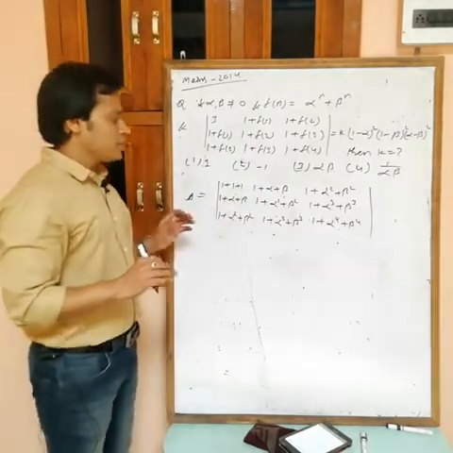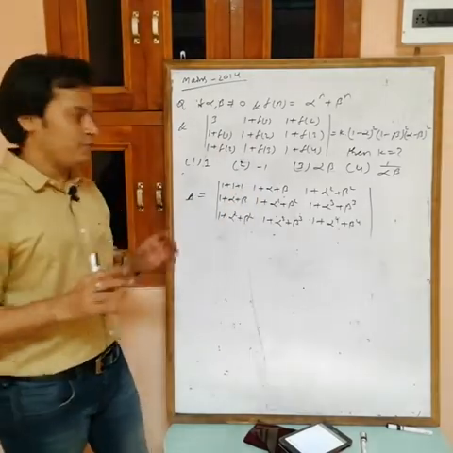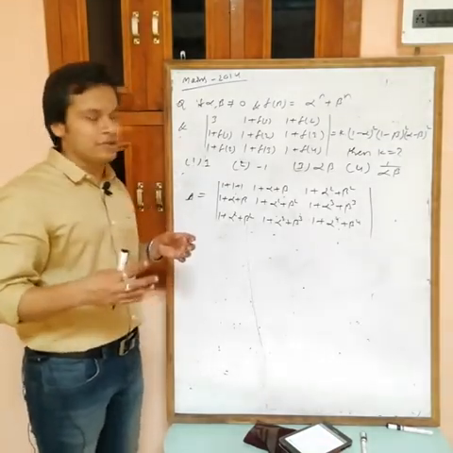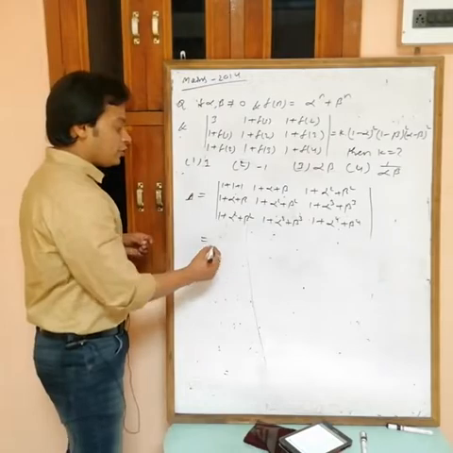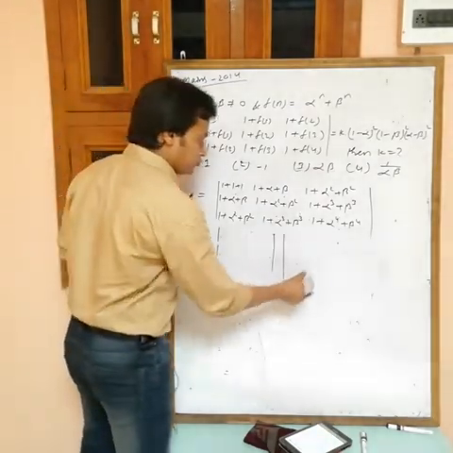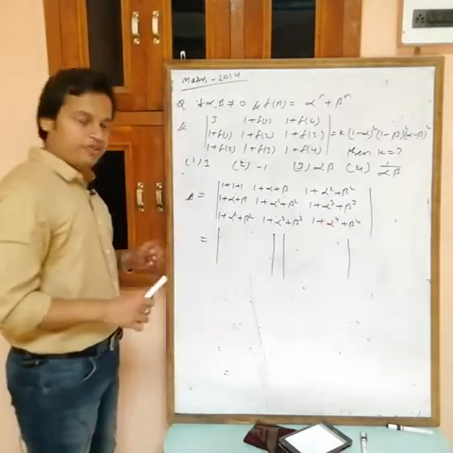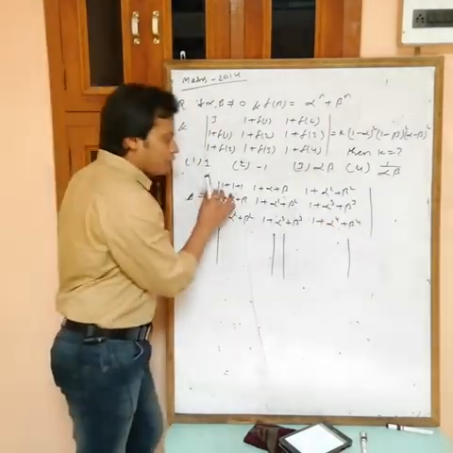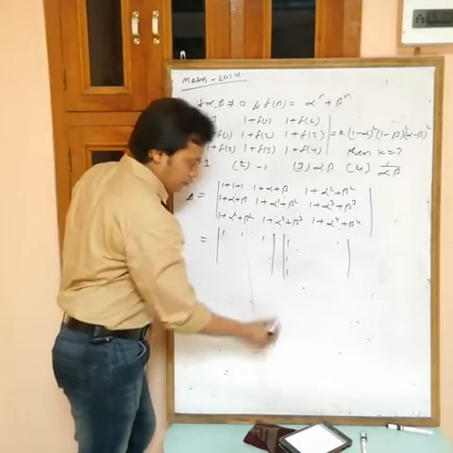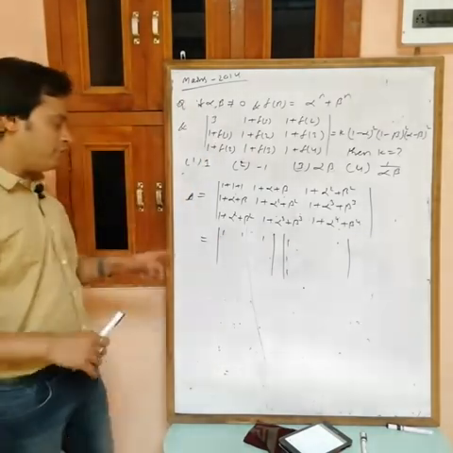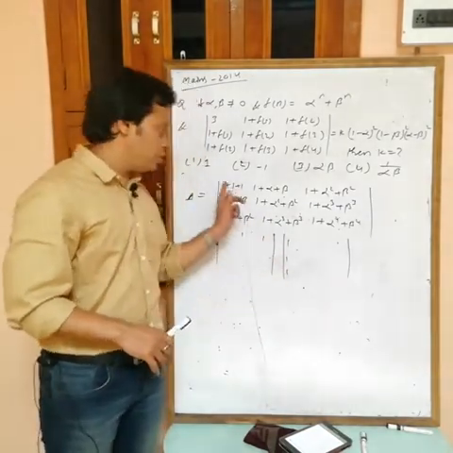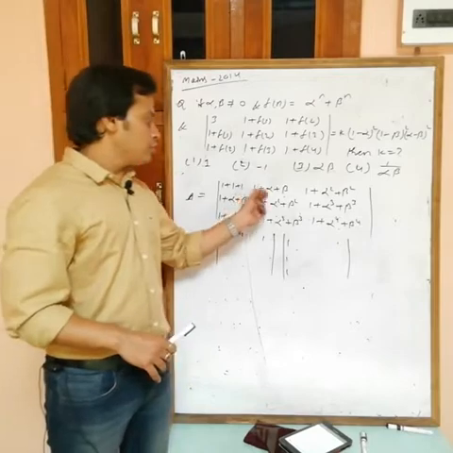Okay. Now actually we can't directly simplify this one because the elements are so lengthy and also I can't make zeros easily. So try to write this one as a product of two determinants, for simplification. Now see, the first element we have is 1 plus 1 plus 1. Now find P11. What will you get? First row, first column: 1 plus 1 plus 1. We are getting that, na? Now this is P12.